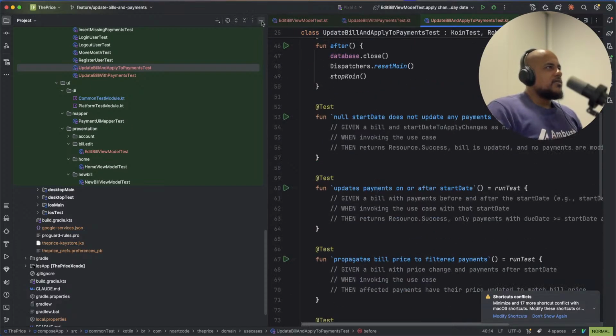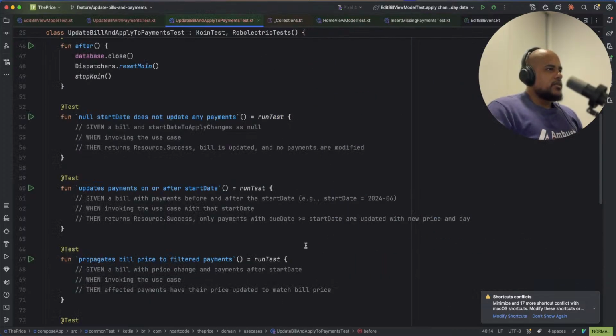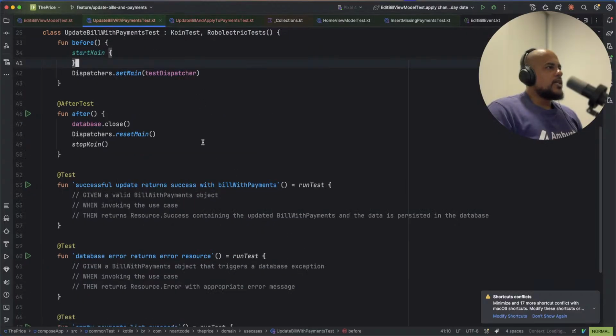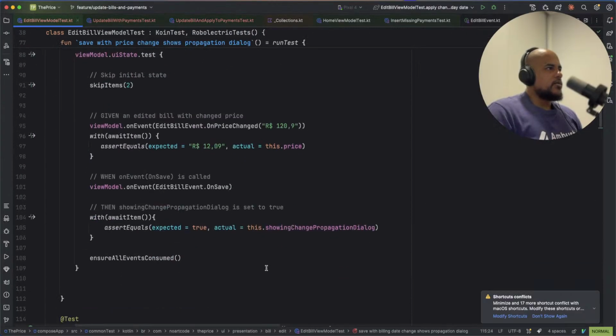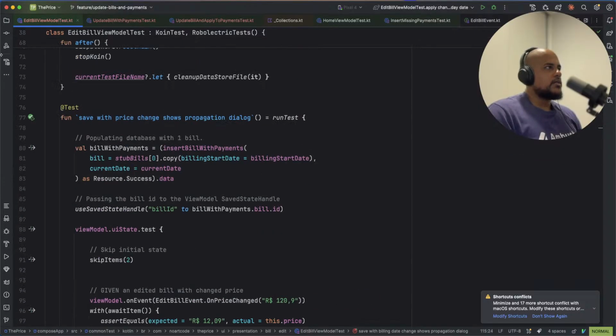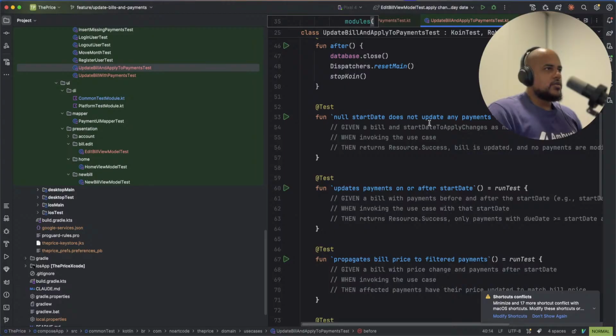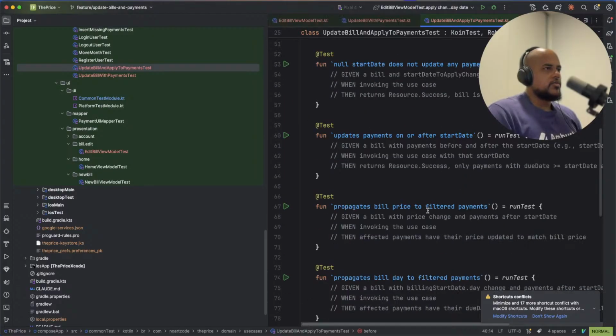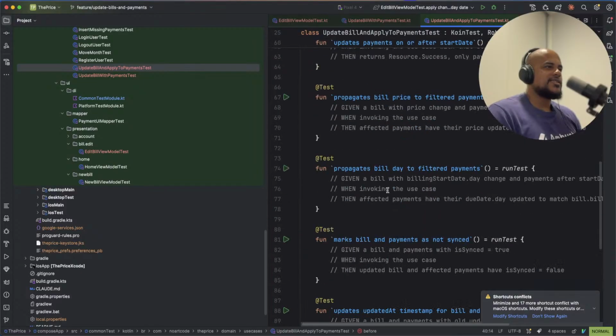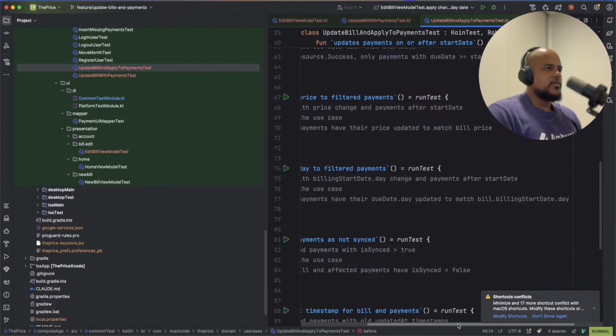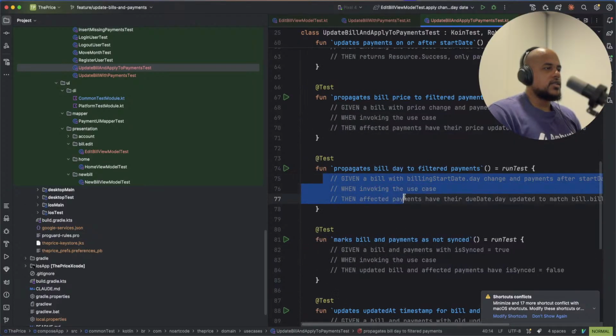So, look, let's be honest, right? We already test this scenario in the view model. We know for sure that this use case over here is already tested. We don't need to write, look, new start, new did not update any payment. So we don't need to check this. Propagate bill day, filter payments. Given a start date, then affect payments, their due date, update match with the. This is good. This is testing only